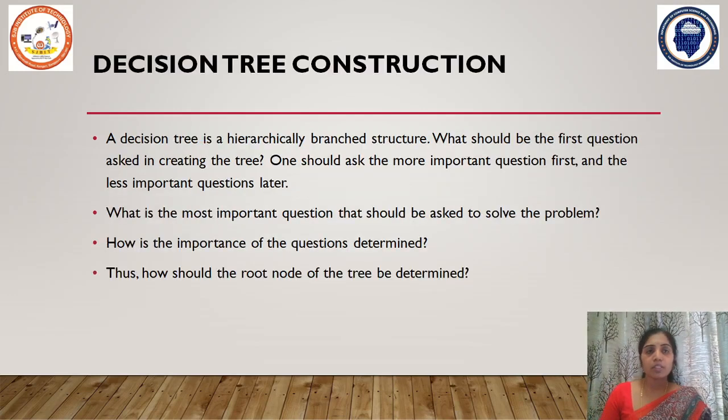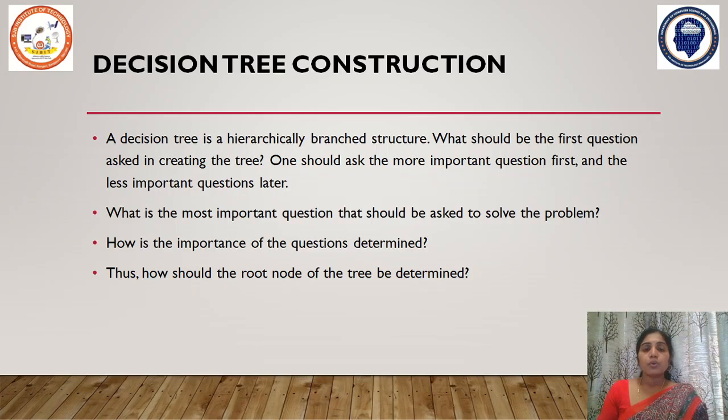Determining the root node of the tree: in this example, there are four choices based on the four variables. One could begin by asking one of the following questions: what is the outlook, what is the temperature, what is the humidity, what is the wind speed. Criteria should be used to evaluate these choices. The key criterion would be which one of these questions gives the most insight about the situation. So here you need to find the number of errors.